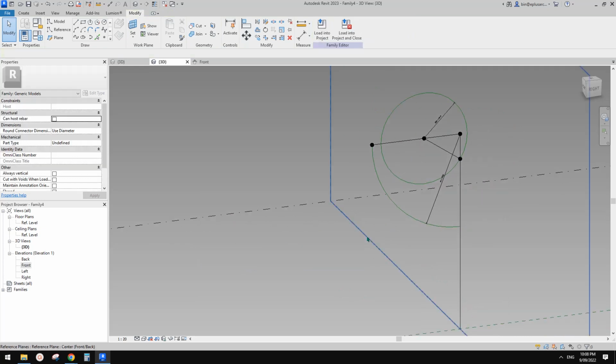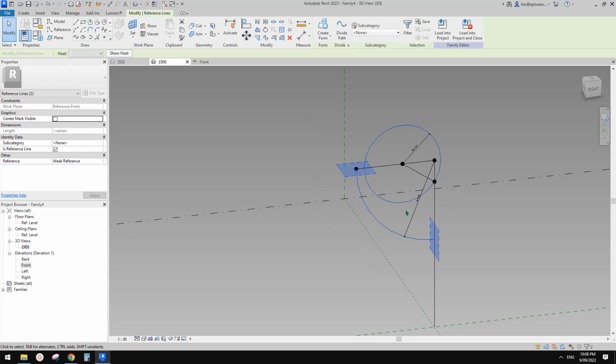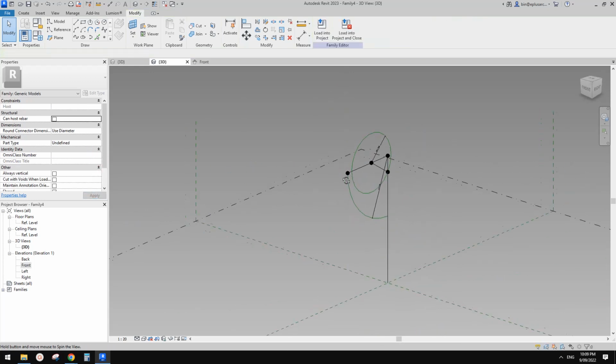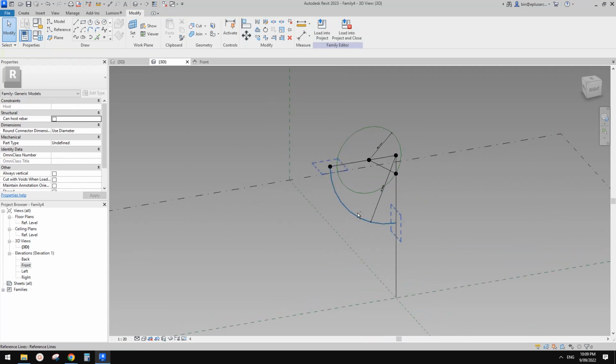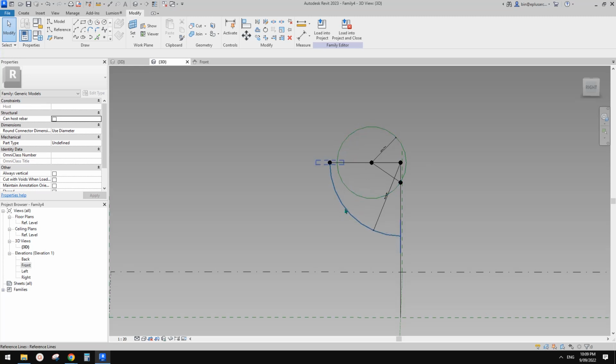So delete this. And also before I load this into another family, I wanted to change this to not a reference. So imagine in another family, when you move, because all these reference lines are invisible, changing them to not a reference can avoid selecting this family while your cursor is moving onto this area. Okay, so